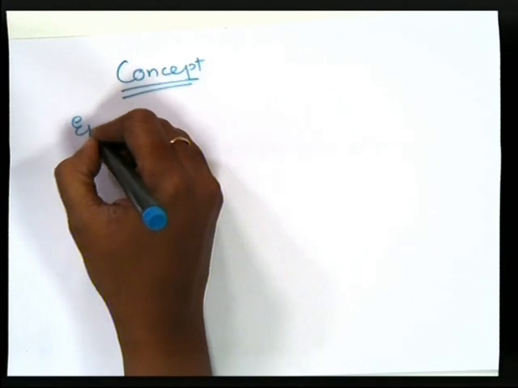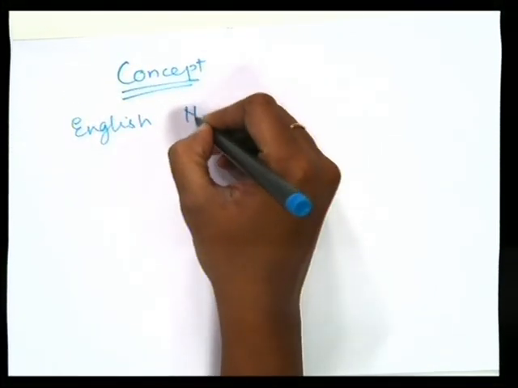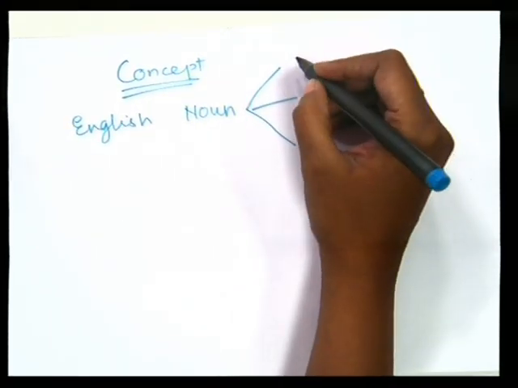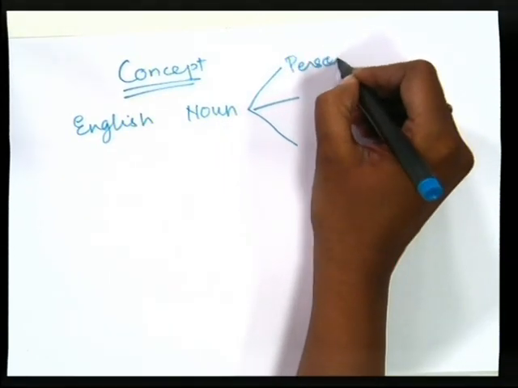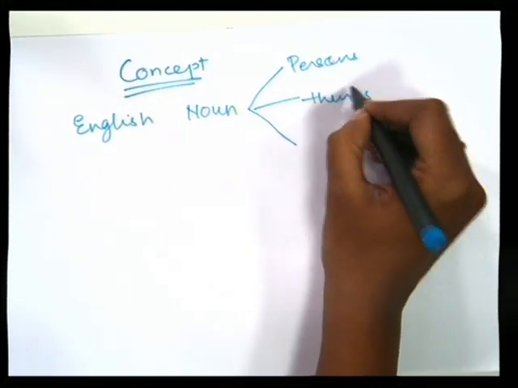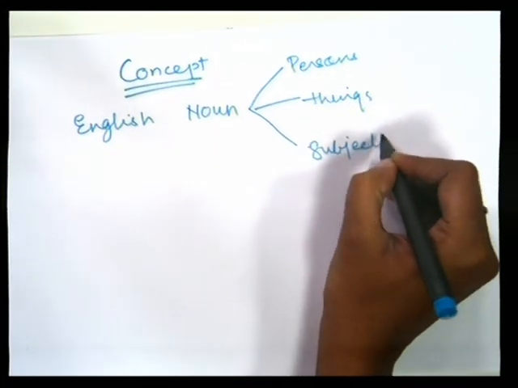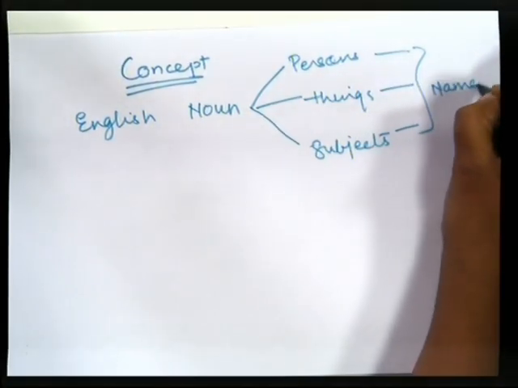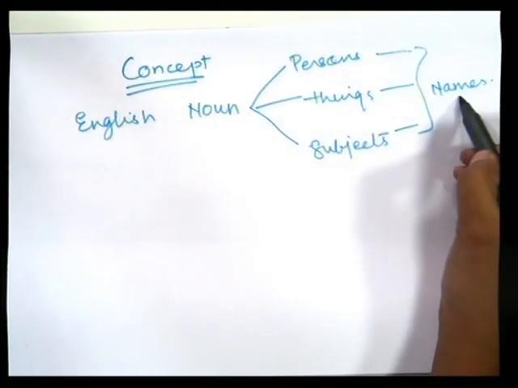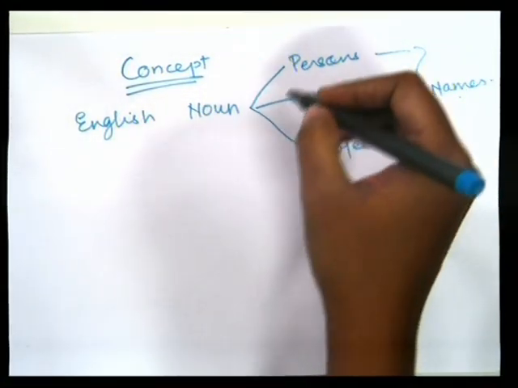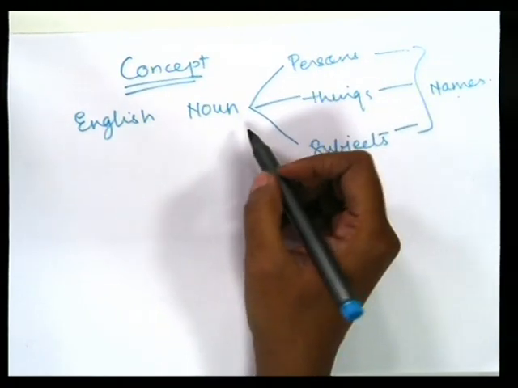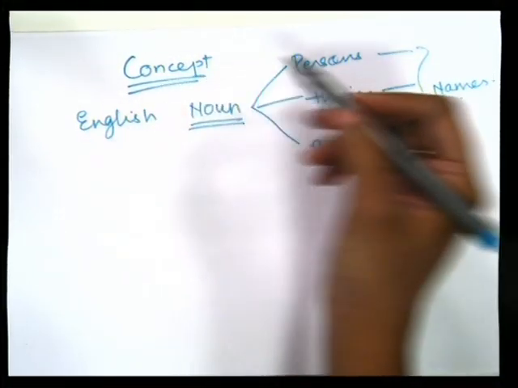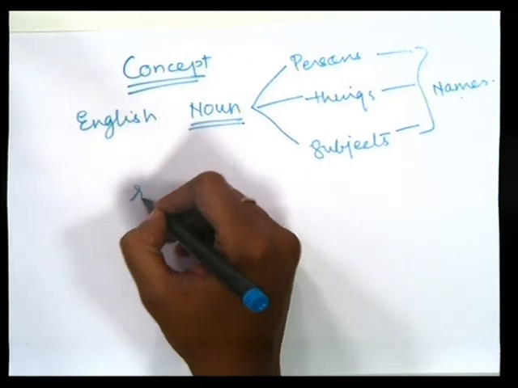For example, in English, if I am teaching noun, you should make it very clear how these bases are formed, like names of person, things, subjects, all these are coordinated with names. Okay, so whenever there is a name, that means naming any object or any subject or anything or any person, then it automatically defines what a noun is. So the clarity of the concept is made clear from the various resources that are available.